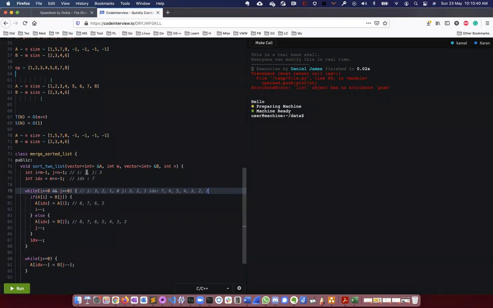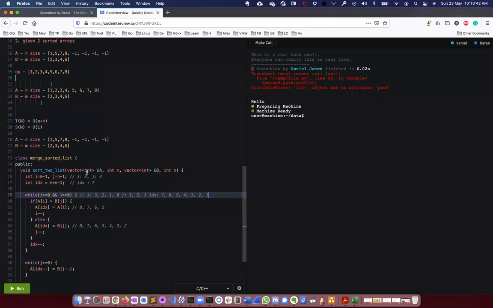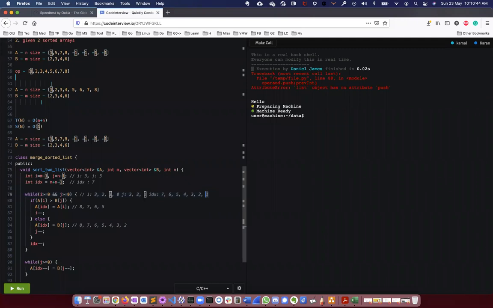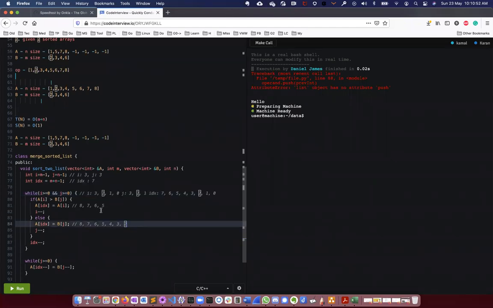Okay, so this will be 0 now. If I put 1 at index 0, then I'll put 1 here, and this will be decremented to -1.